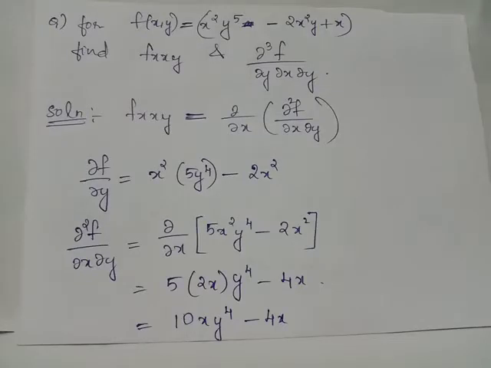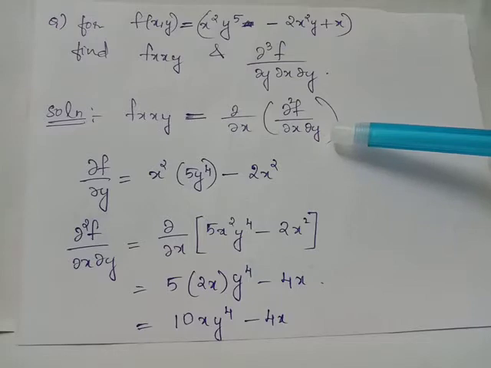Find fxxy and ∂³f/∂y∂x∂y for the function f(x,y) = x²y⁵ − 2x²y + x. fxxy is the partial derivative ∂/∂x applied on ∂²f/∂x∂y. First we will have to evaluate ∂f/∂y, which we have to again partially differentiate with respect